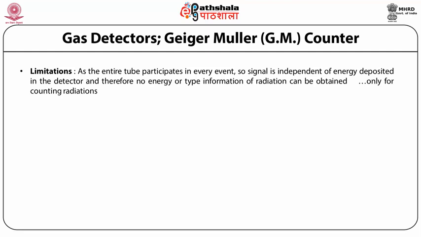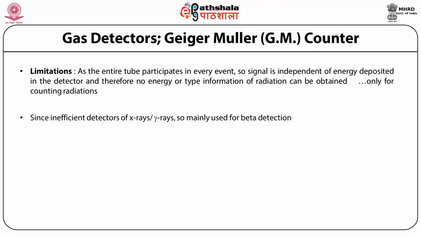So corresponding to every energy of radiation or every type of radiation, 10 to the power 10 electrons are getting collected on the anode. So the number is fixed. So in the GM tube, the output voltage is of fixed height, that is, fixed amplitude. So no energy information can be obtained for the incoming radiation using these tubes. We can only count how many interactions are happening. Second limitation is that they are inefficient detectors of X-rays and gamma rays, so mainly used for beta detection.